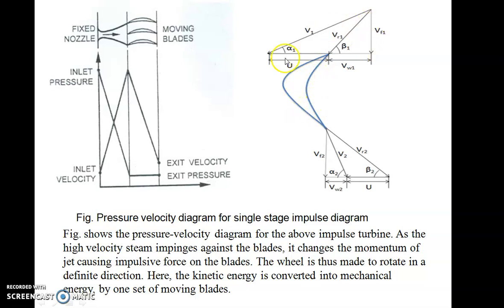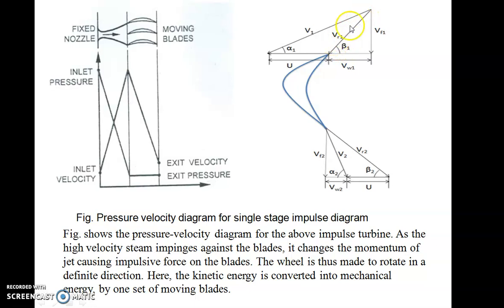So this is the velocity diagram. It is as usual as we have seen for hydraulic turbine also. Okay, so this is a blade. The velocity, which is absolute velocity, v1, is entering at an angle alpha 1. Alpha 1 is the absolute velocity angle, which we have taken as alpha in case of hydraulic turbine, and because v1 is making an angle alpha 1 with the horizontal, vr1 is making an angle beta 1 with the horizontal. So vr1 was making an angle theta in case of hydraulic turbine. Similar to that, theta is here replaced by beta 1.